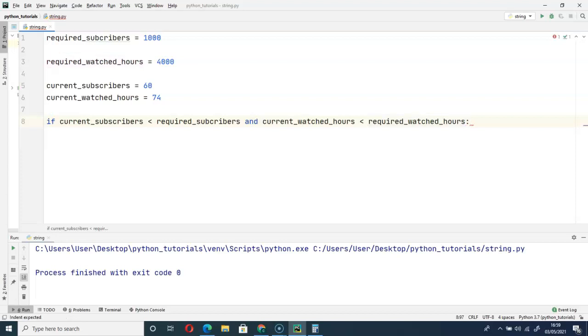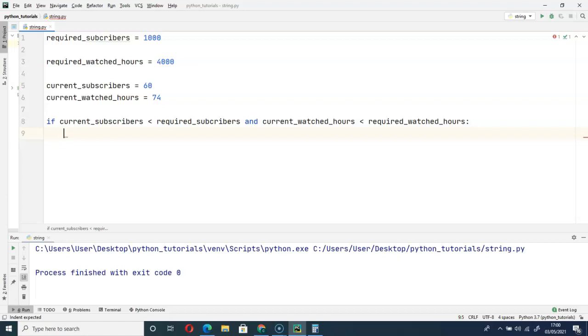So don't forget the colon, then enter. You can see that this new line will start from here instead of from the beginning. This is what we call indentation in Python. There are many statements like these conditional statements, if, elif, else. When you use them, any code that comes next must be indented if you want to use that code inside them. The indentation takes 4 spaces on your keyboard: 1, 2, 3, 4.